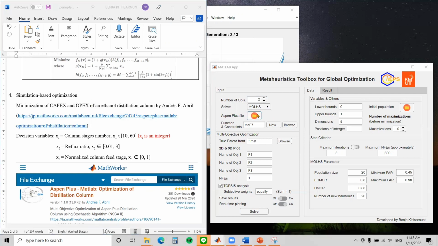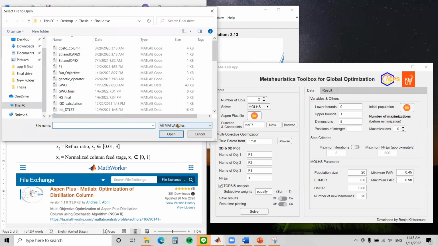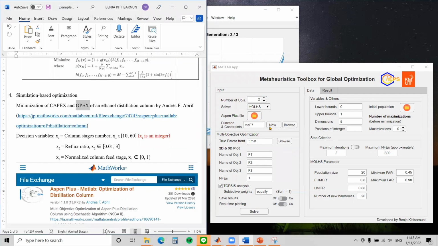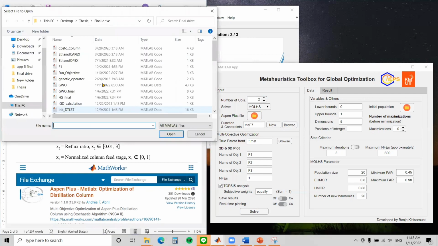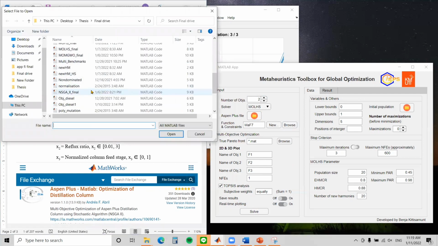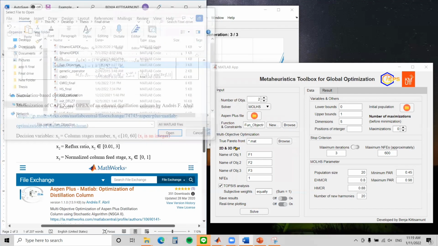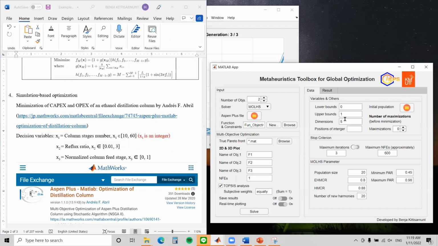And then choose the Aspen Plus file by clicking this and choosing this ethanol column. And also choose the function file, which is fun objective here. And input lower bound, upper bound, which are